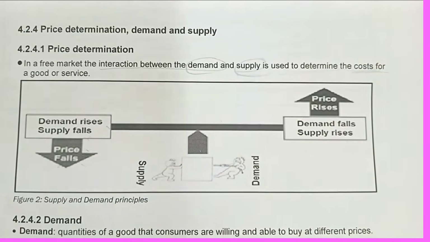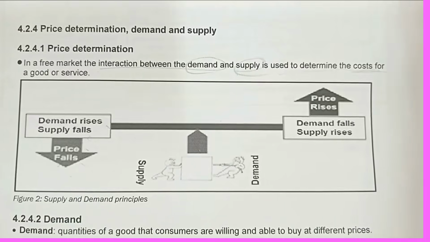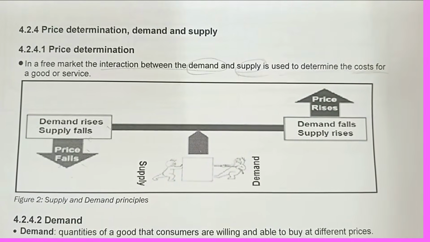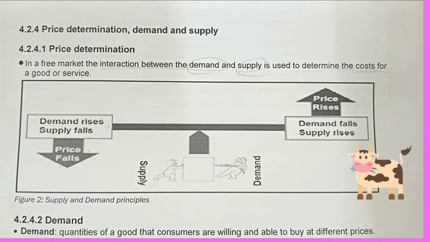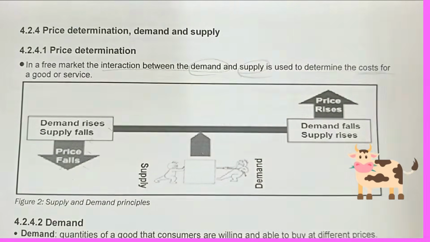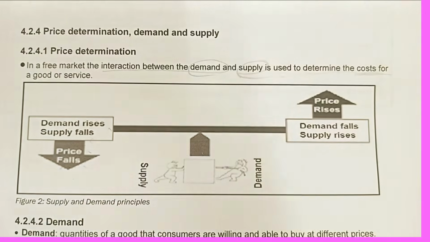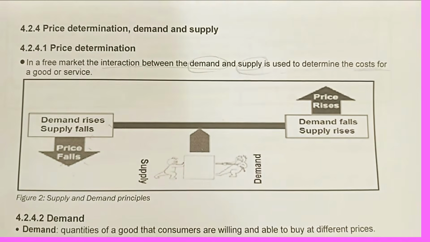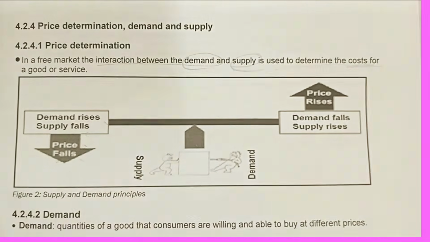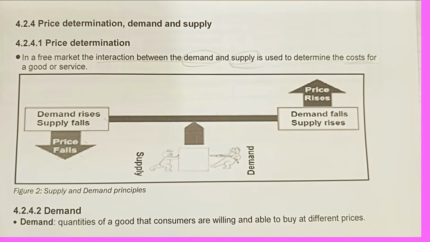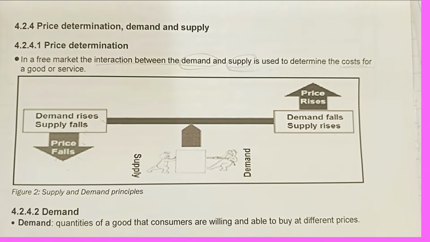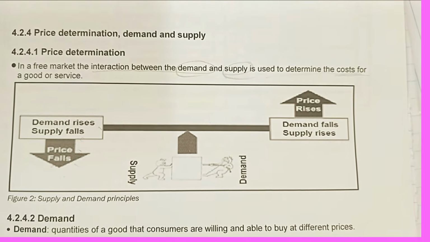When the price is low, then the supply will be affected and the demand will be affected. When the price rises, the demand and the supply will be affected. When the price decreases, the demand and the supply will be affected. So as we can see, they say the price falls, the demand rises, the supply falls. So what they're trying to say here, they're trying to show us that